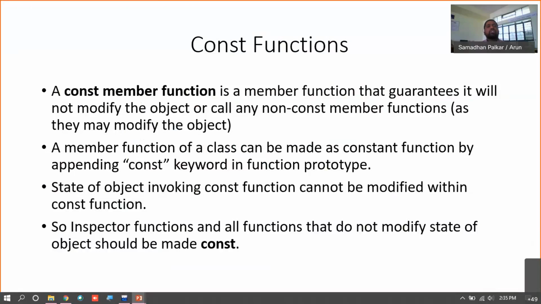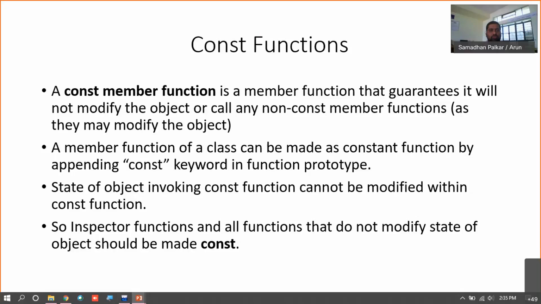Okay. Next is constant member function. Constant member functions are those member functions which are made constant, which are not going to change the object's state, right? It guarantees that those member functions would not modify the state of the object, right?